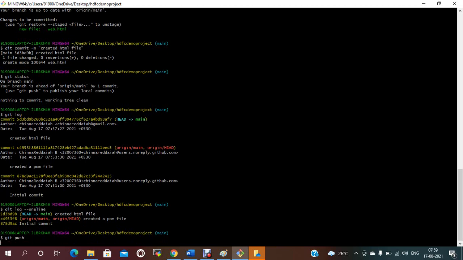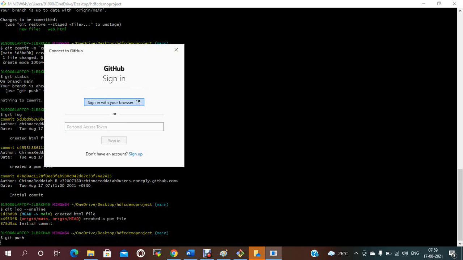Now if you give git push directly, it will ask for the token.